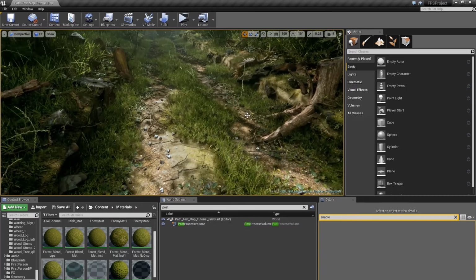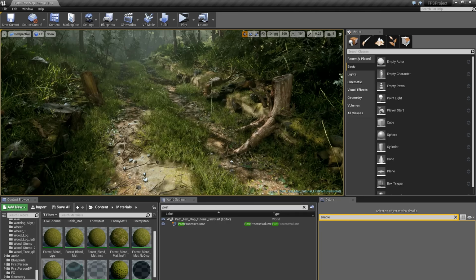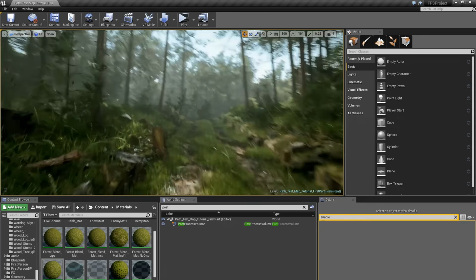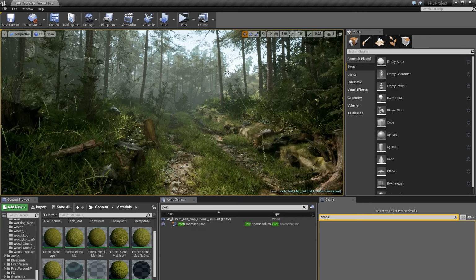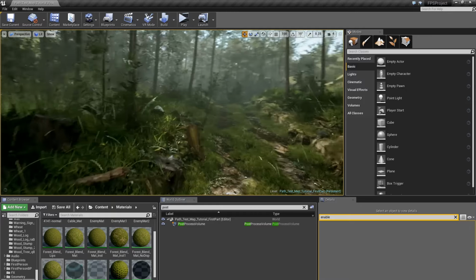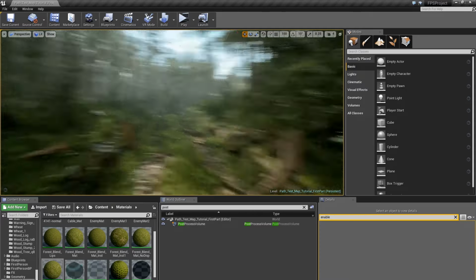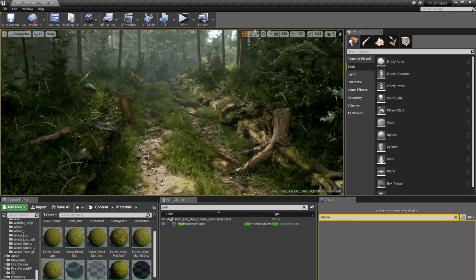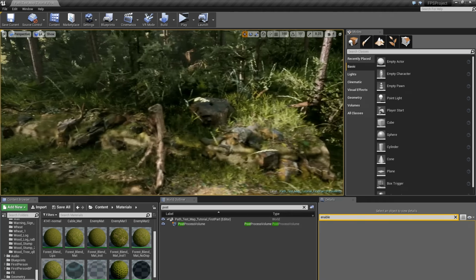Then we started working with the small grass in the middle and the sides here, and we worked our way up with bigger and bigger grass on the sides. Later on we started adding trees, going from small to large, with the large trees in the background and the smaller trees here in the middle. And that is a very good workflow, at least for me, to work with the layering from bottom to top, small to big, and always keeping in mind, try and keep the